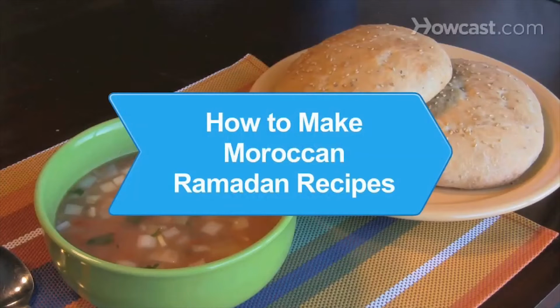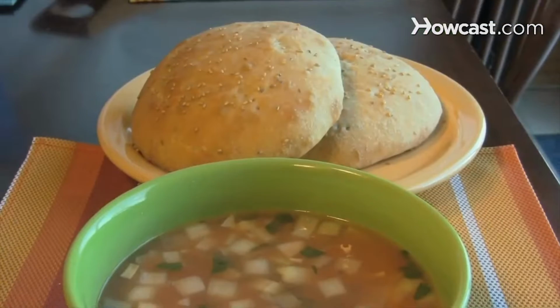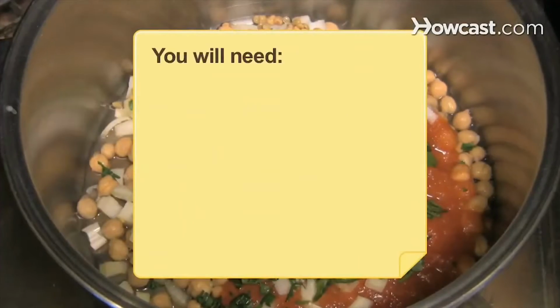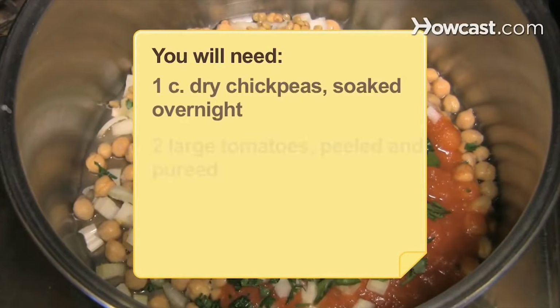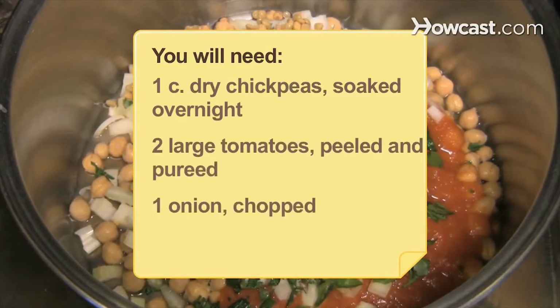How to make Moroccan Ramadan recipes. Celebrate Ramadan Moroccan style with a traditional soup and bread menu. You will need 1 cup of dry chickpeas soaked overnight, 2 large tomatoes peeled and pureed, 1 onion chopped, herbs